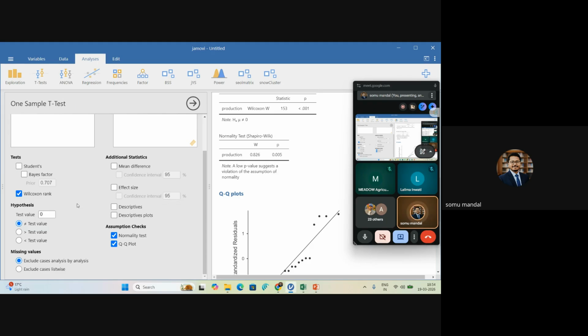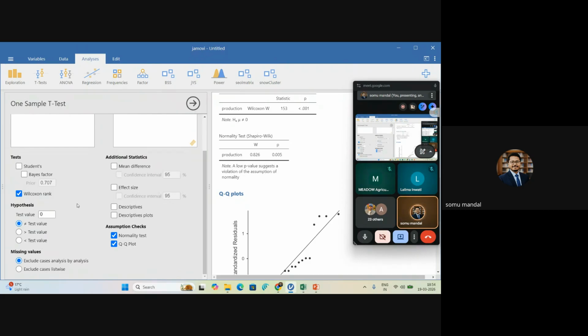So the non-parametric test is actually not a different concept, it is not a separate pathway. It actually runs along as a parallel analysis. If your parametric analysis is violated, if the assumptions are violated, then you have to shift to the non-parametric test. If your assumption is not violated, then you have to consider the parametric test.